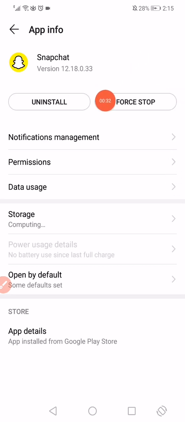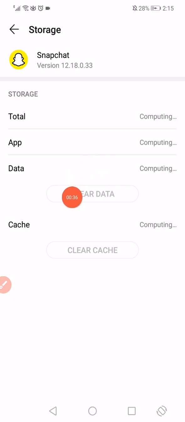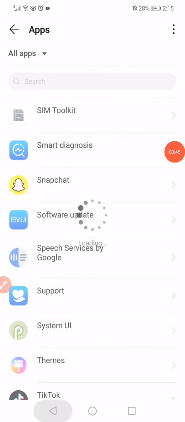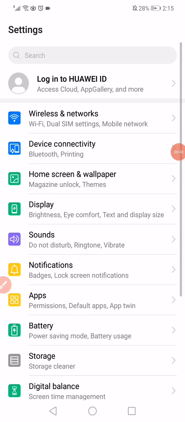Now click on force stop and then go to the storage. Click on clear data and clear cache. Go back. Now all what you want to do is just go to the settings on your phone, go to